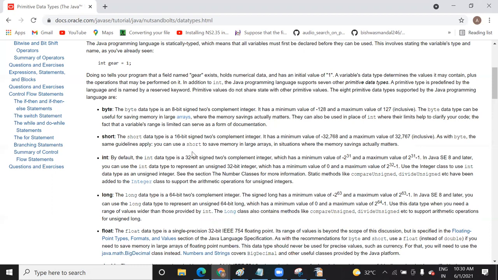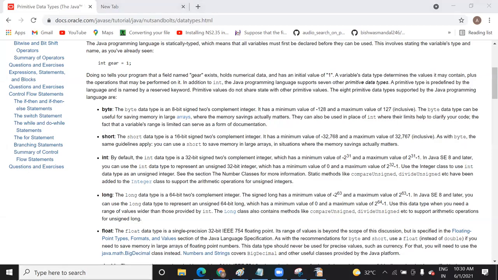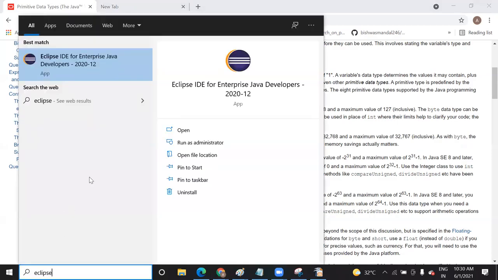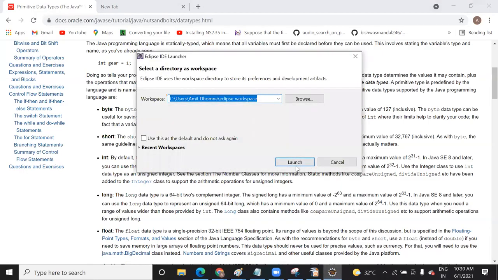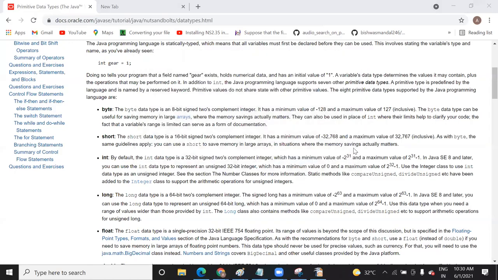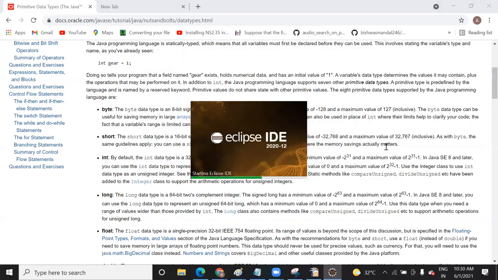Let me show you. Let me open the online compiler, or rather open Eclipse itself. Let's see what comes from it, because as Java changes its compiler and version, we can get assurance whether it is giving an error or a garbage value on my current compiler. JDK 16 I have installed.